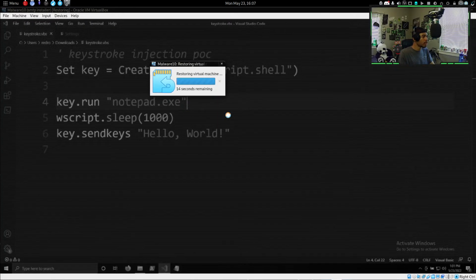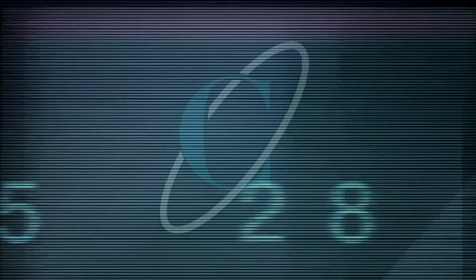Basically, what VisualBasicScript allows us to do is run keystroke injection on a software level. So what we can do is take things like DuckyScript, convert it into VisualBasicScript, and run it as an executable file. So for people who don't have a rubber ducky, or if you want it on the software level,